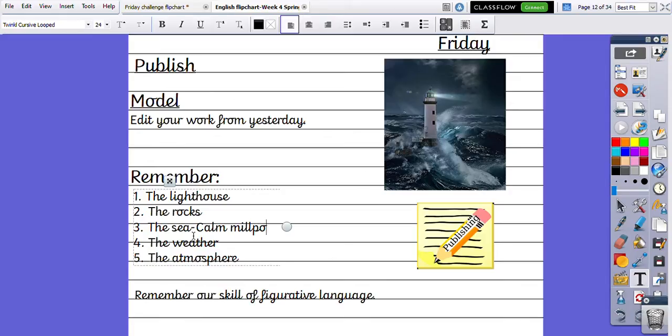may be a calm mill pond, which means a calm section of water, if you are doing the serene scene. However, it might be thrashing if you are describing the stormy scene. So thrashing is one of our onomatopoeic words because it sounds like the word you are describing, thrash. So that sh sound, we would hear the waves making as well. The weather would also be very different. We might have beaming sun on the calm, serene scene. However, in the weather in your stormy scene, we might have